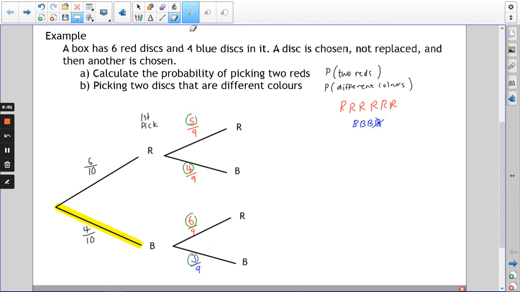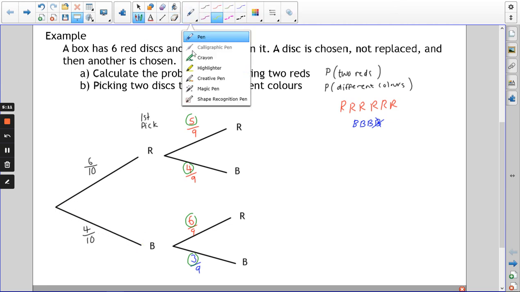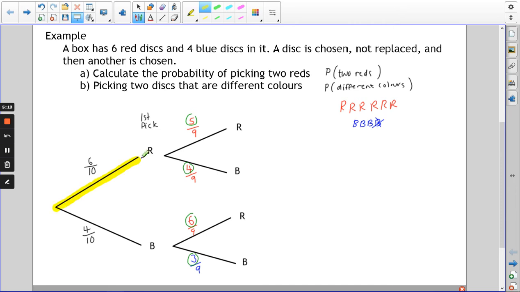Now we can answer the two questions. What's the probability of picking two reds? So if I get rid of this highlighted line here to show you the path, the route, the combination. So red and red, so up there and then up there. The probability of getting red and red,